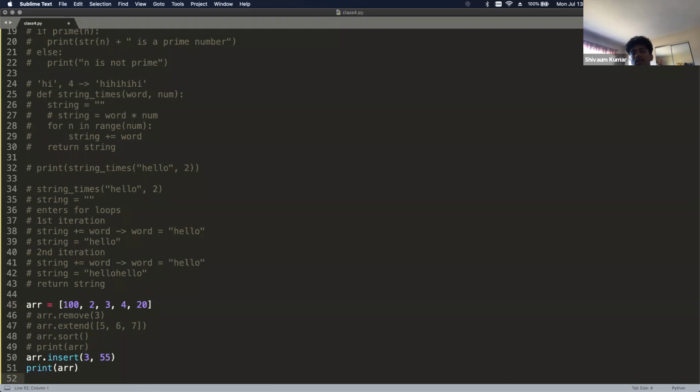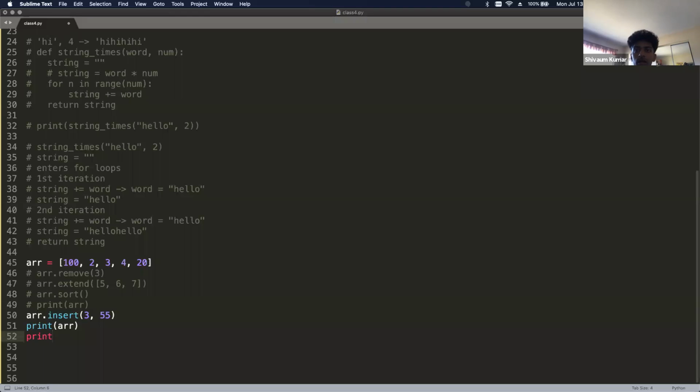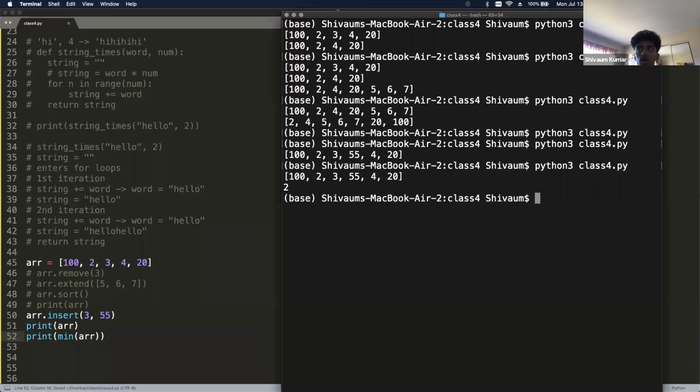And then the last one I'll go over is a pretty simple one, min of array, which just prints out the lowest number in your array. So it's 2 in this case, just in case you want to get the minimum or maximum number. These are just some examples of different functions that you can use for arrays in Python. We talked about functions that we created on our own, but these are already built-in functions. I'm going to give you guys a link.